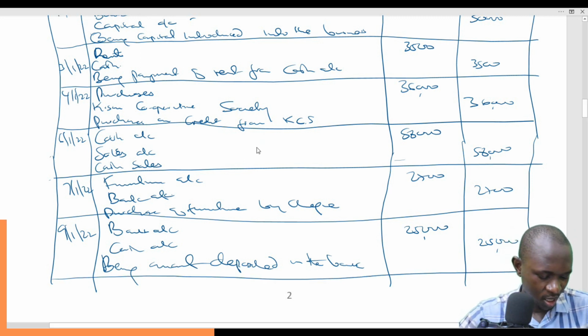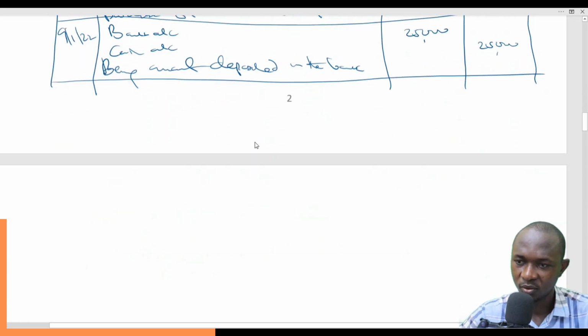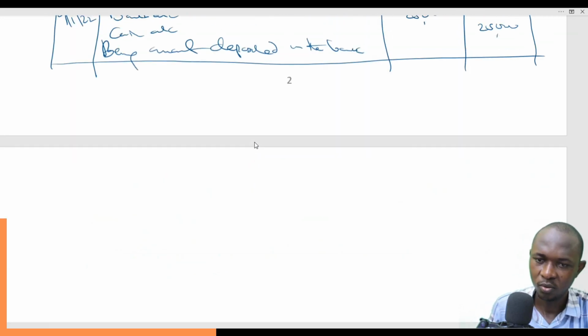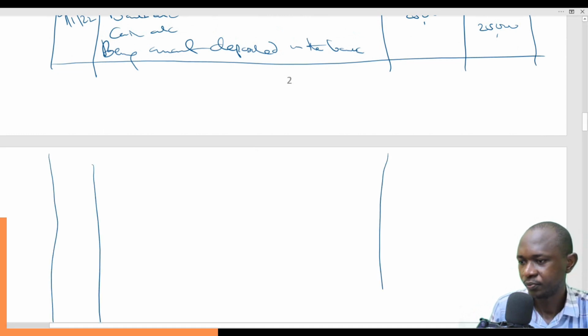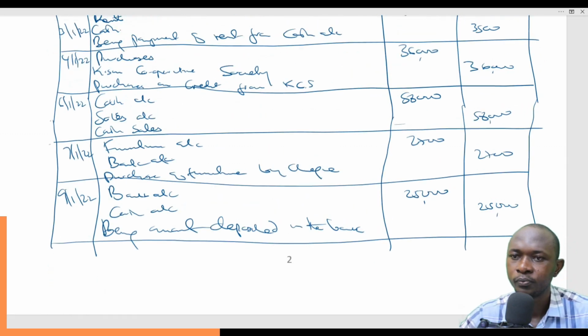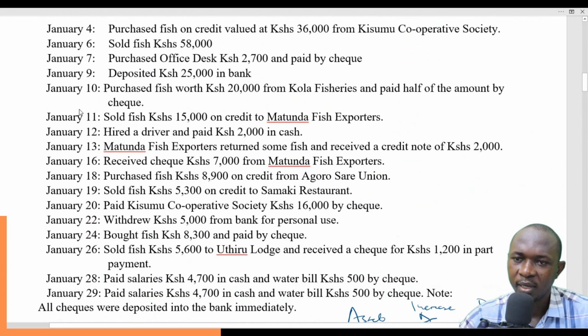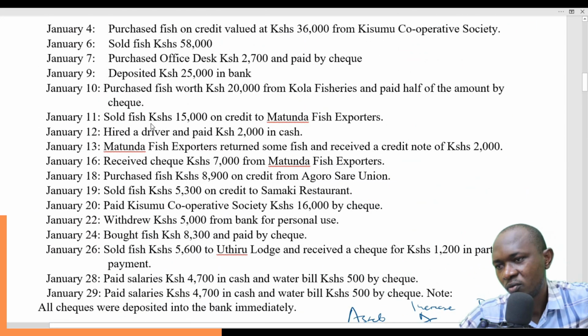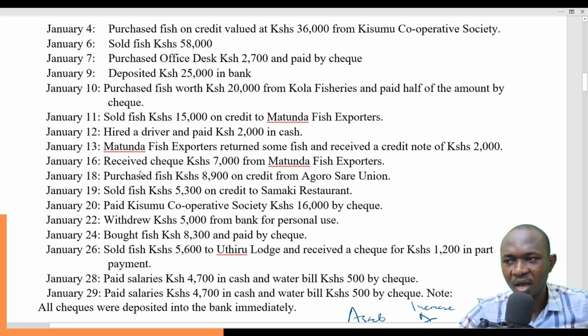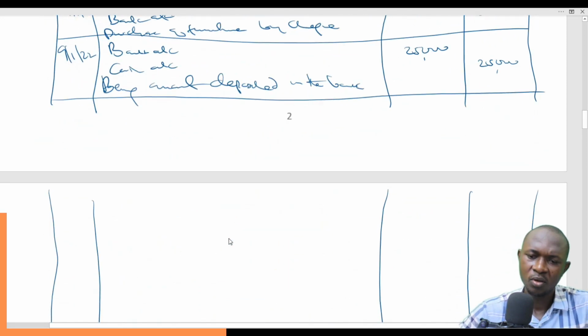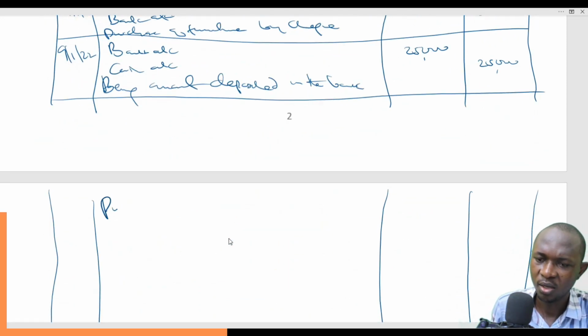So we continue with our journey. So on January 10th, purchased fish worth 20,000 from Kola Fisheries and paid half of the amount by check. So it means half of the amount was paid by check, half remained as credit. Because we are purchasing, purchases will increase, our stock will increase. So purchases 20,000, we debit purchases, then we credit bank